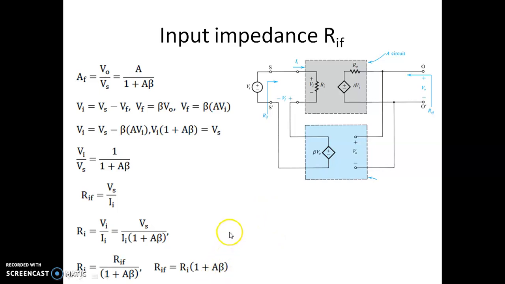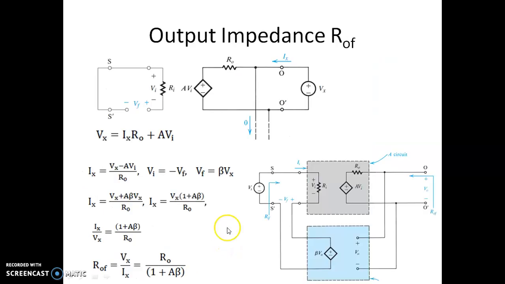Now we will see how the output impedance behaves with negative feedback. You can see this is again the negative feedback amplifier with series shunt feedback. Let us try to analyze. We know that to find the output impedance of any network, we apply a dummy source at the output and the input is short circuited. We are doing the same thing at S and S dash, where we usually give the input voltage, which is now short circuited, and we are applying at the output O and O dash a dummy source Vx. You can see this is the output. We have put a Vx source here.